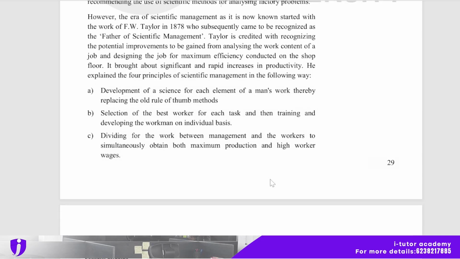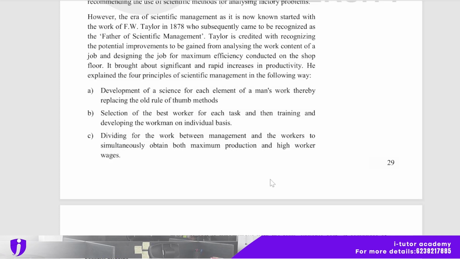However, the era of scientific management, as it is now known, started with the work of F.W. Taylor in 1878, who subsequently came to be recognized as the father of scientific management. Taylor is credited with recognizing the potential improvement to be gained from analyzing the work content of a job